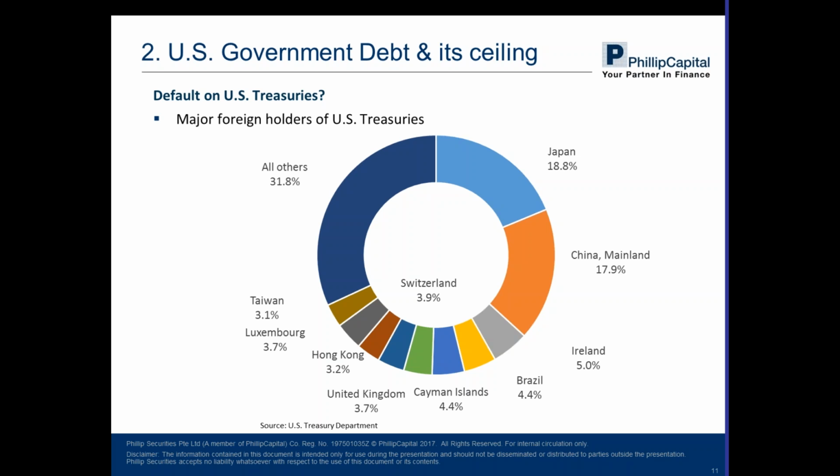And another point to note from this graph, looking all the way back at the total number of foreign major holders of the U.S. Treasuries, we know that 43% of the U.S. Treasury holders are actually found in Asia. That can also explain why the U.S. has such a huge interest in Asia.